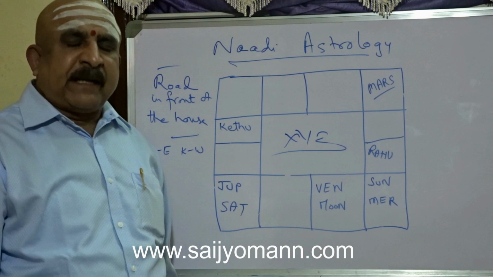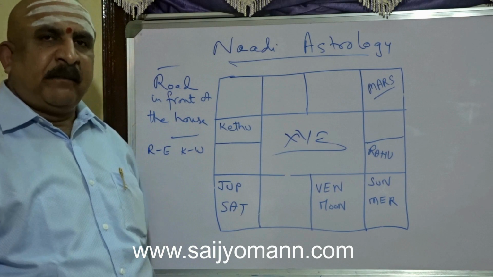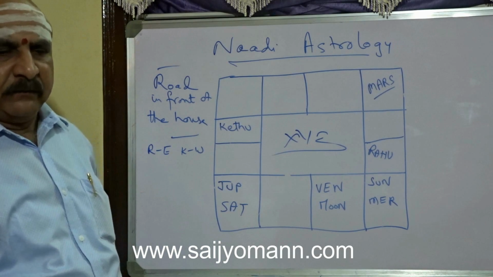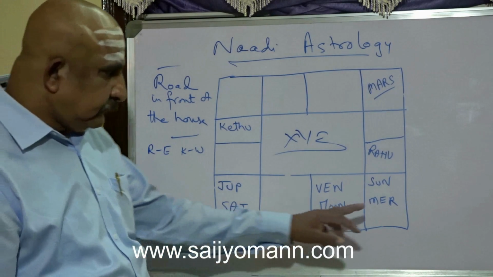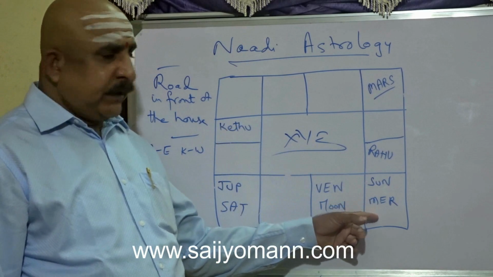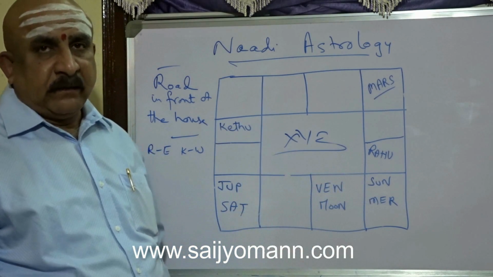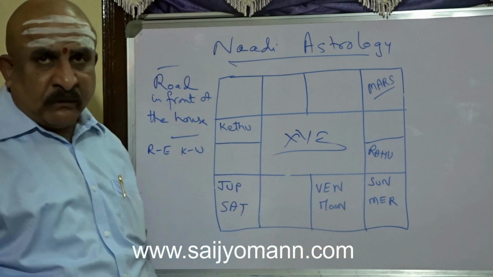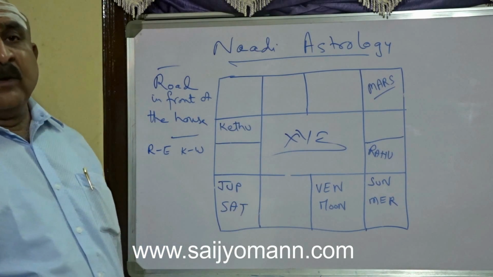There are so many other parameters you have to consider before coming out with a prediction or a presentation. But here, Mercury and Sun together, they are okay. Exaltation Mercury and Sun, highly, he'll get a very good, high career in his life. That is over. When you talk about Venus,